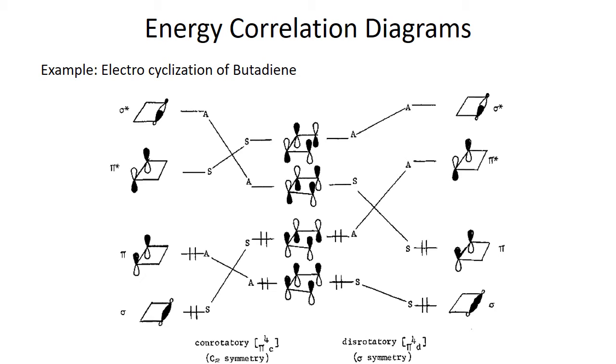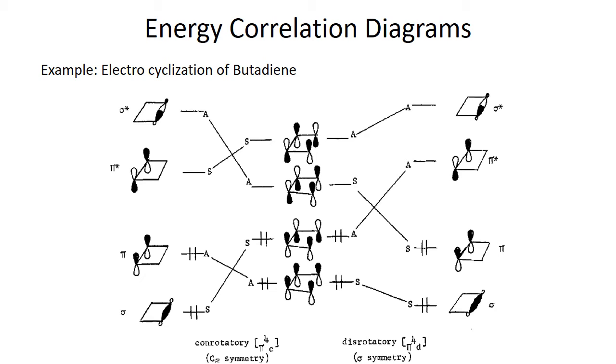But it is different when we talk about pi. It is symmetric with respect to the mirror plane, but it is not symmetric with respect to the C2 axis, because in case of pi bond you can have a mirror plane inserted between these 2 lobes of p orbitals. But if you rotate the pi orbital by 180 degrees, then the structure differs from the original molecule, so it is not symmetric with respect to C2.